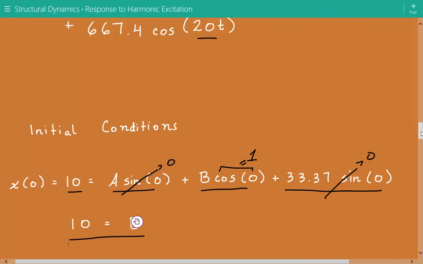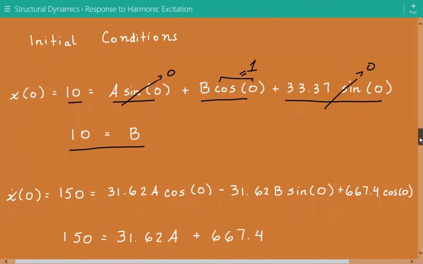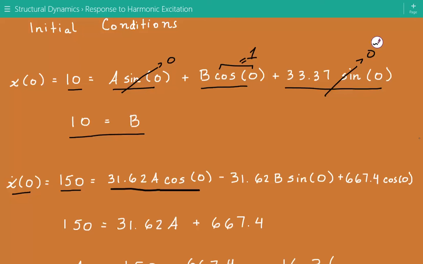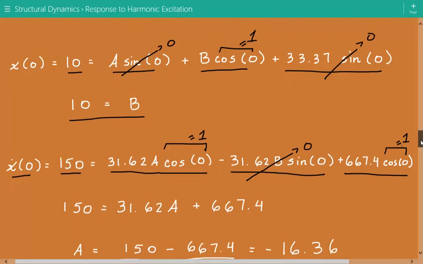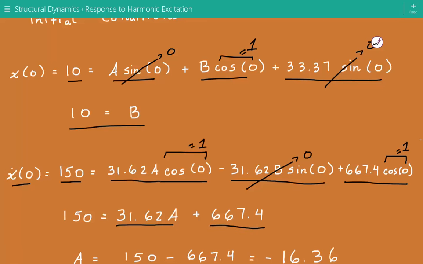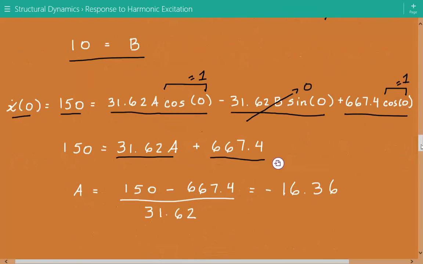So now that we solved for B, we still need to solve for A. So we're going to use a second initial condition, and that's based on the initial velocity. And we were told that the initial velocity at time t equals 0 is equal to 150 millimeters per second. So we plug in t equals 0 into the velocity function, and we get 31.62 times A times cosine 0, minus 31.62 times B times sine of 0, plus 667.4 times cosine of 0. So the sine of 0 will go to 0, and the cosine of 0 is equal to 1 here and here. So our expression simplifies to 150 equals 31.62 times A plus 667.4. So we rearrange this equation and solve for A, and A equals negative